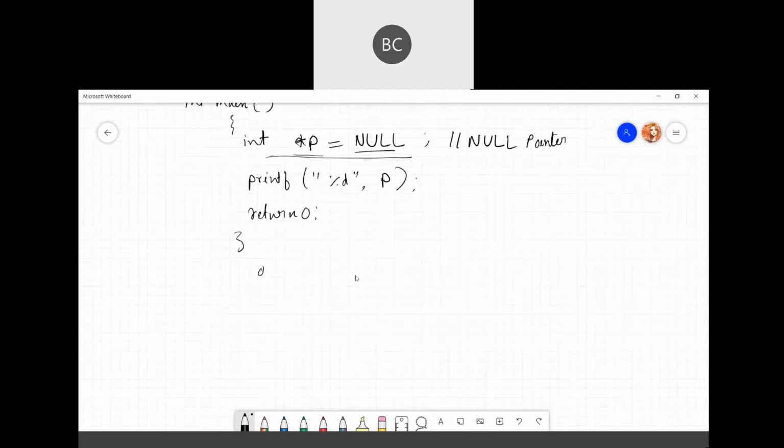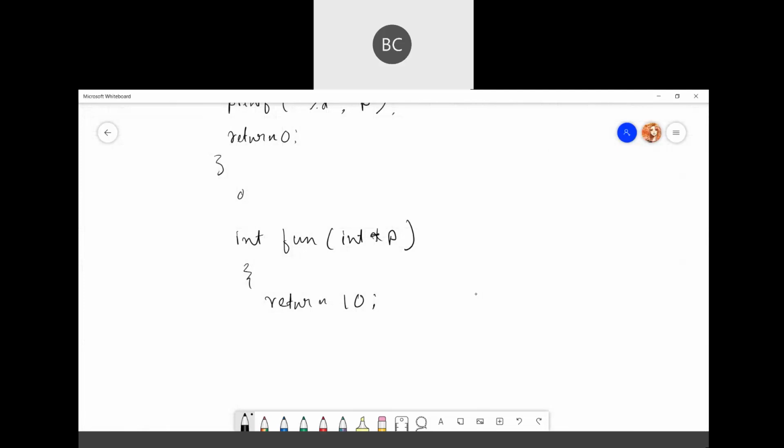For example, the normal one is like this. If you want to pass it in a function, p, then 10 maybe, and the function with null.